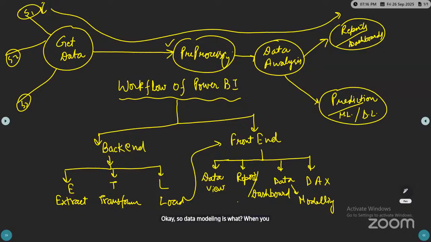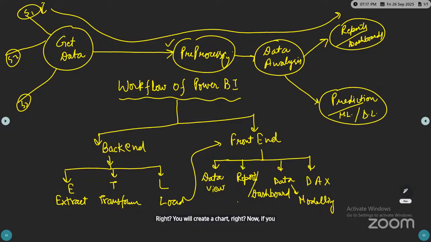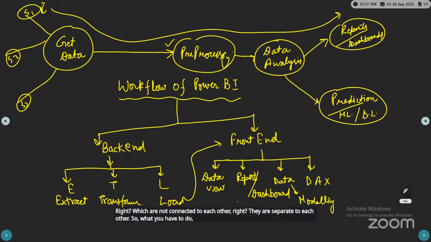So data modeling is what? When you have multiple tables. In a single table, it's easy to make the relationship between different columns. That is what we are doing. We have structured data in rows and columns format. Suppose you want to make a relationship between two columns, you will create a graph, you will create a chart. Now, if you have multiple tables which are not connected to each other, they are separate from each other, you have to connect them